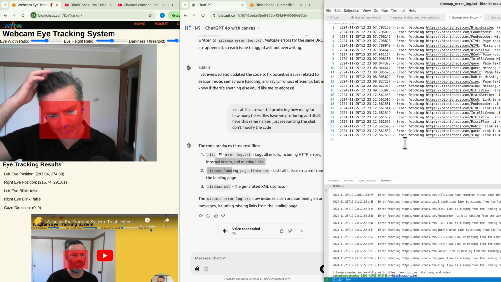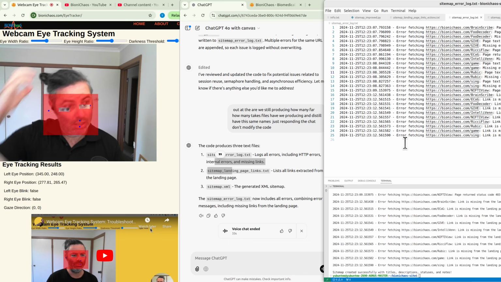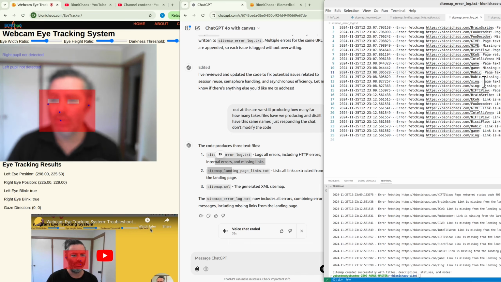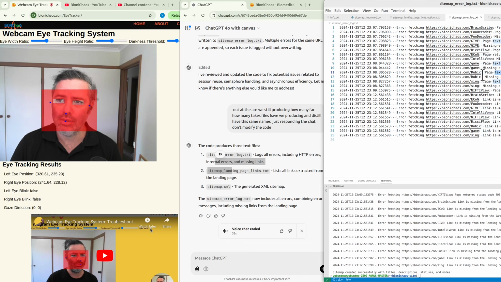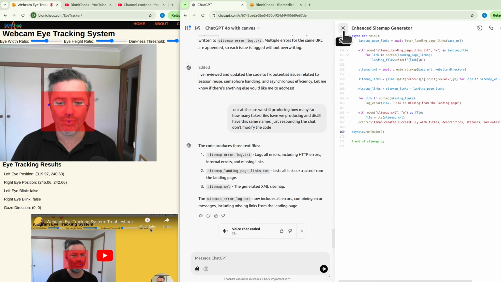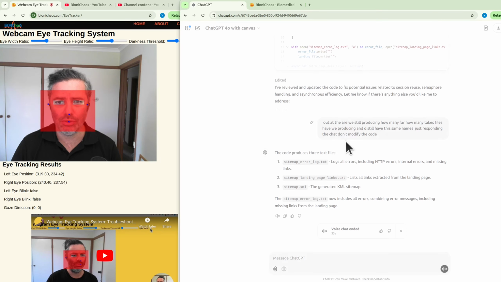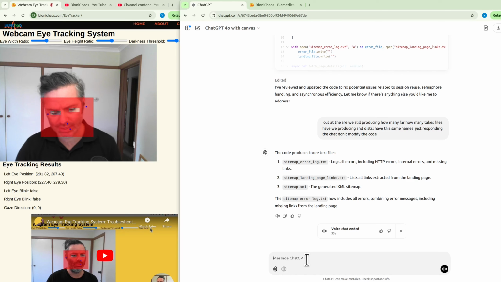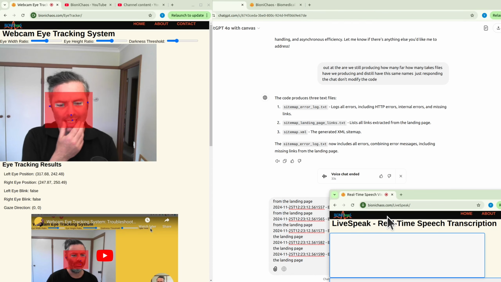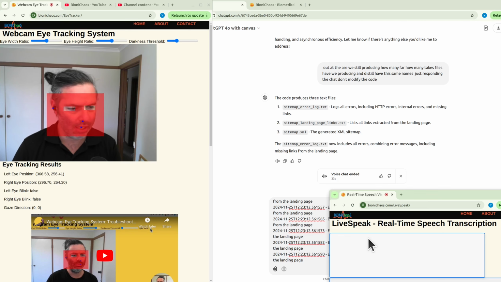Okay, so that's the file that generated. Yeah, and now you have multiple entries. If we don't want to modify the code, we just close the canvas. Hey, can you explain the output above? This is the output of the Python code.